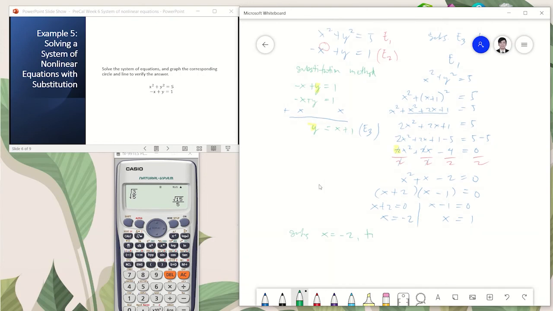Perhaps we will use equation 2. So negative x plus y is equal to 1. Negative times negative 2 is a 2. And then,